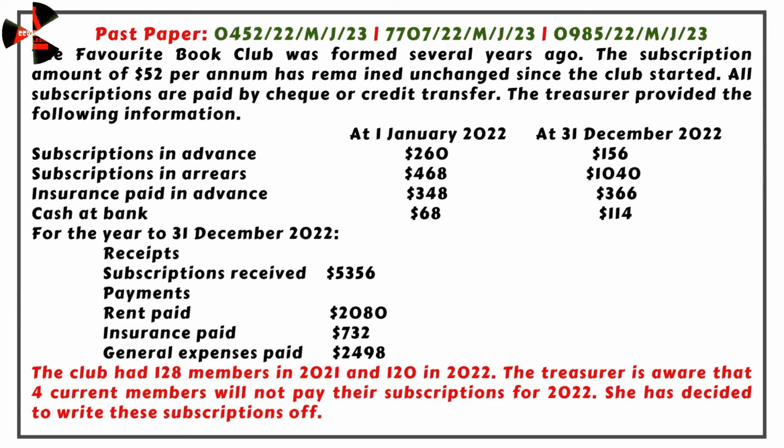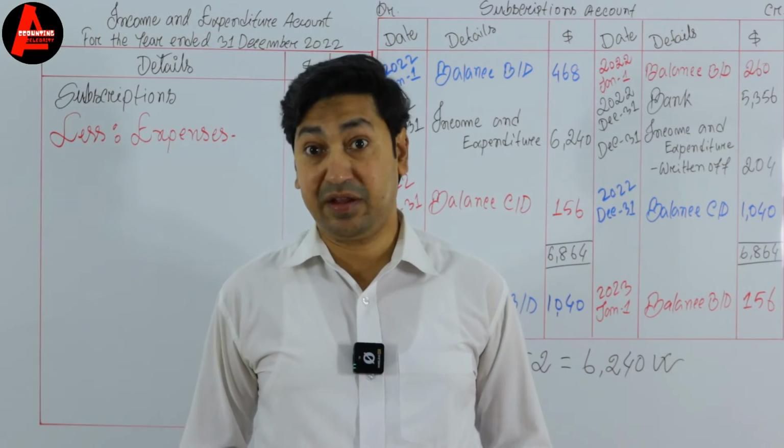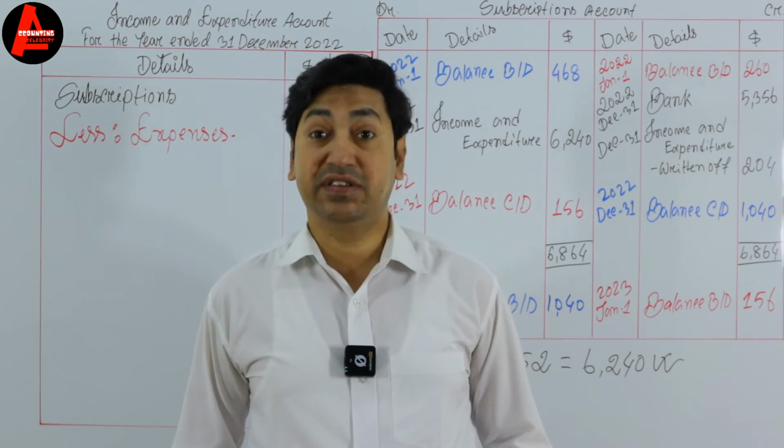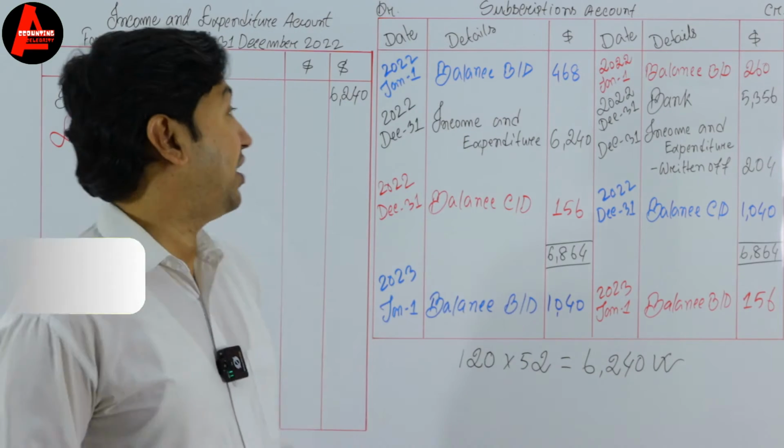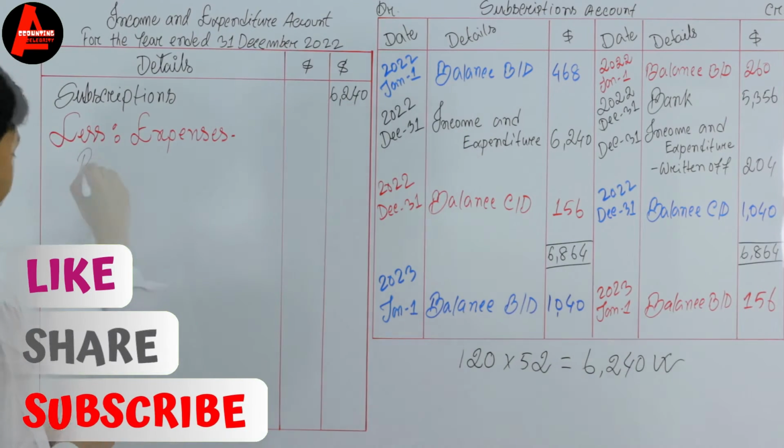Insurance paid, it is also an expense, and general expenses paid $2,498. Okay, so these three expenses we have already here in the payment section. We will see the adjustments later. Okay, so first one is rent. Let us write here rent